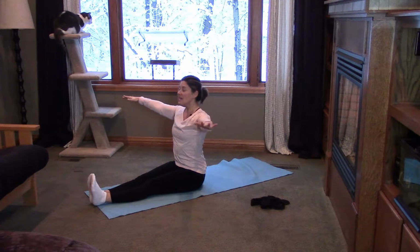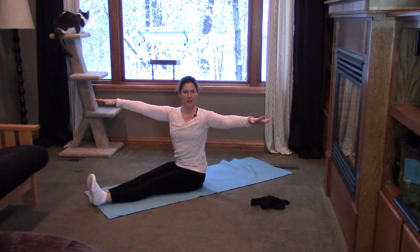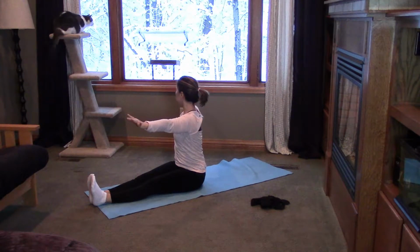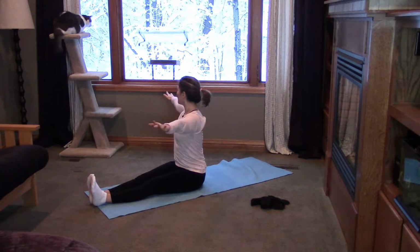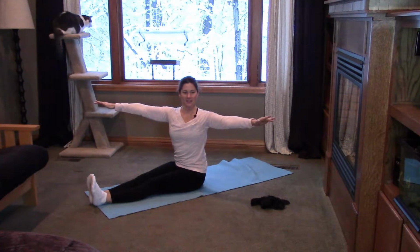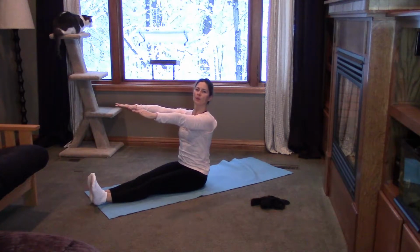Open those arms, keep the feet flexed, rotate, twist 1 direction, and then center. And the other direction. Now the direction we're rotating, what I want you to think of is leaning that way just a little bit. So lean towards your direction that you're rotating. And twist, and then center, and rotate, and then center. 1 more. And rotate, keep those feet flexed, and then center, reach your arms forward, and then rolling down, grabbing